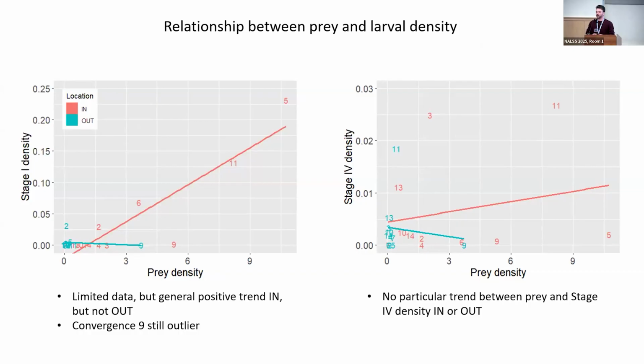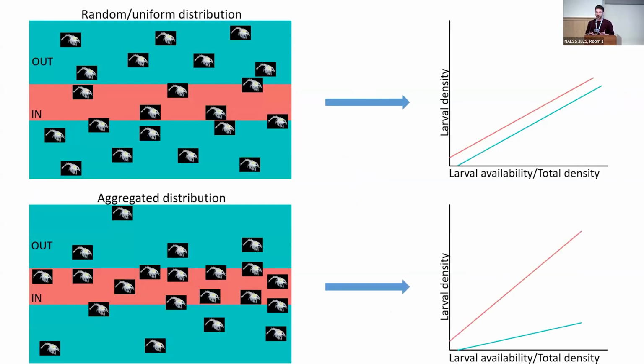We're still seeing convergence number 9 pop out as a little bit of an outlier, but potentially there's a good, easy explanation for this, which is that the abundance of stage 1s inside or outside convergences depends on a whole lot of different factors. And for one, you're not going to see a peak in stage 1 abundance if there isn't larval supply when that convergence forms. So that gives me an idea for how to plot these densities and abundances out